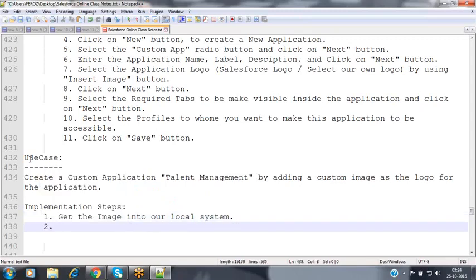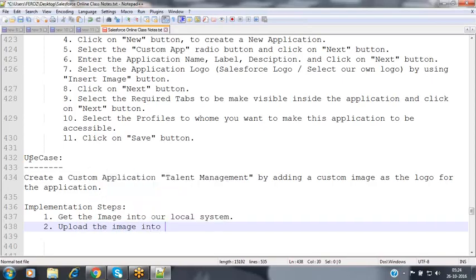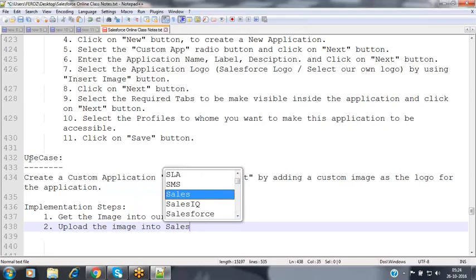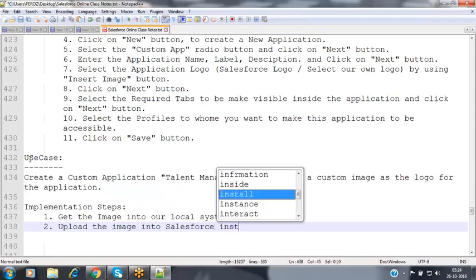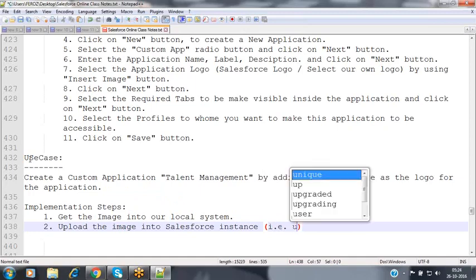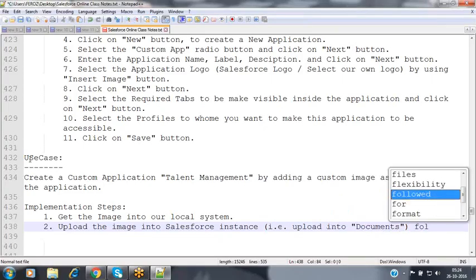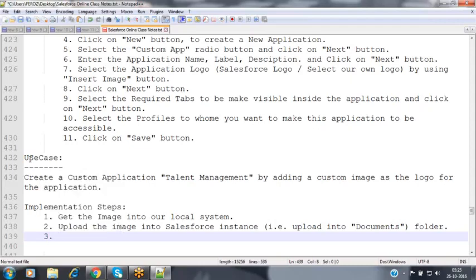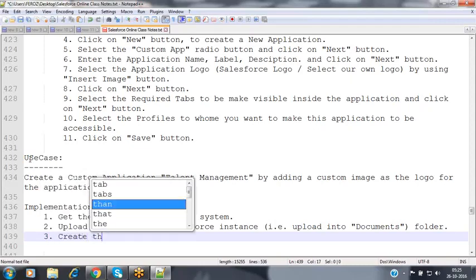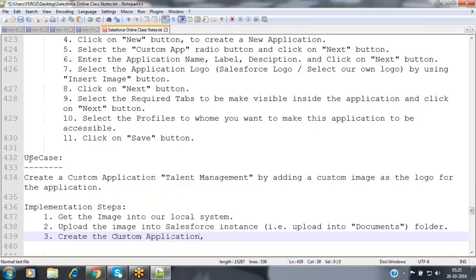The second step is to upload the image into the Salesforce instance, that is, upload into the Documents folder. And the third step is to create the custom application by referencing the image.